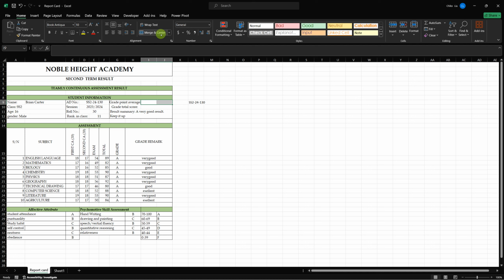Merge this one, and we'll just do a VLOOKUP of everything. I can actually copy this here and paste it here and here. What we are looking for is the total grade and score. I'm going to do that